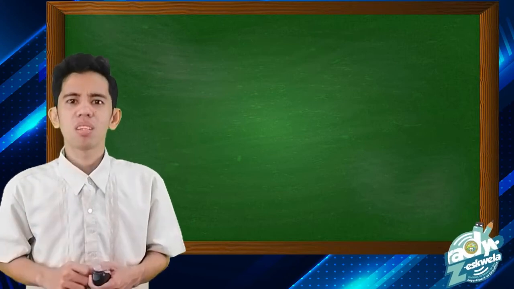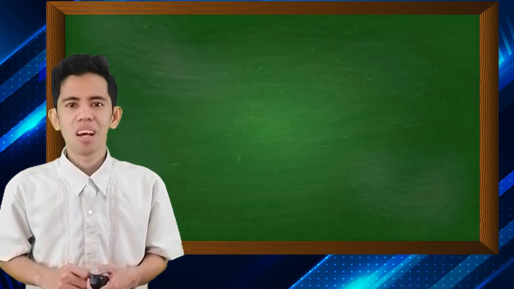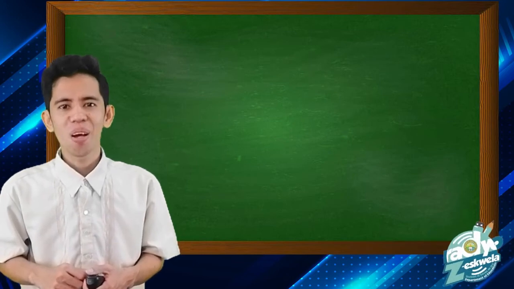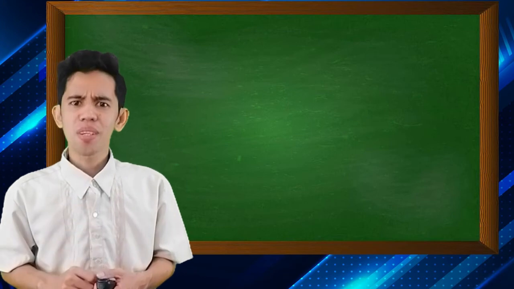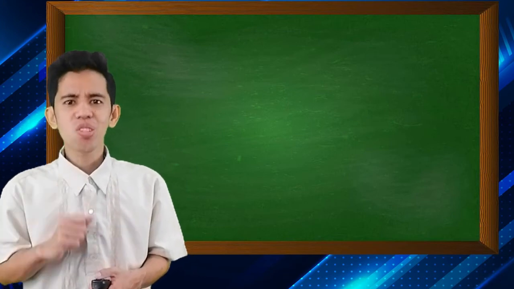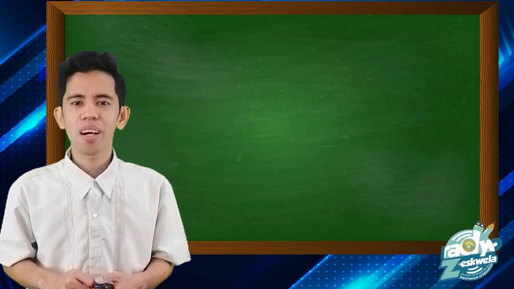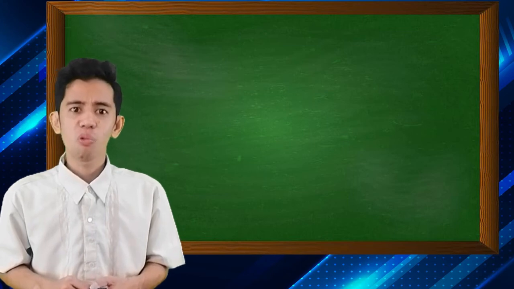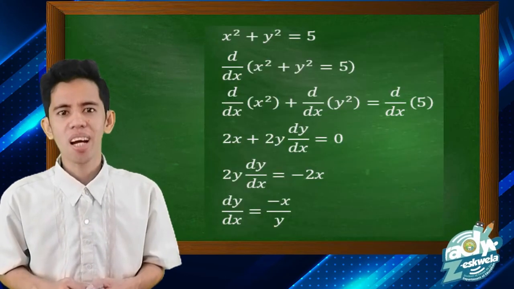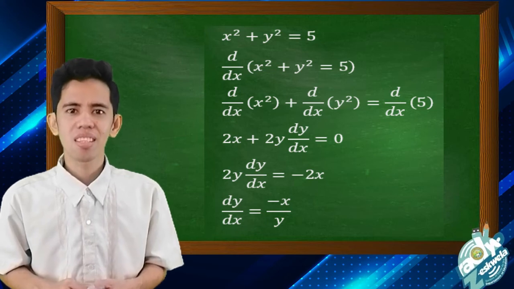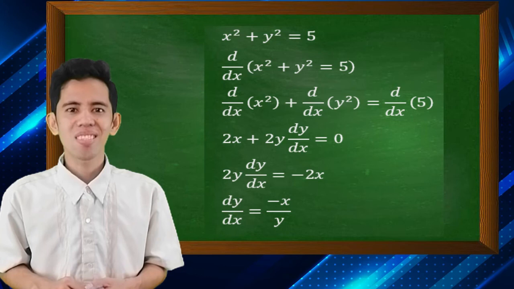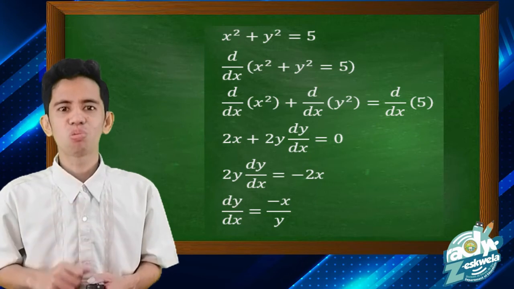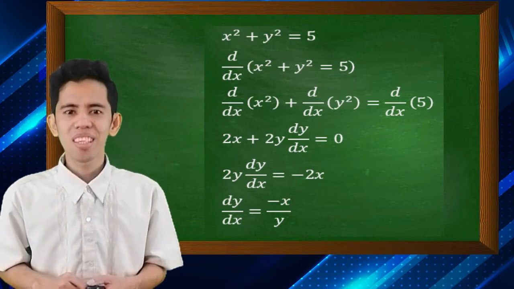A familiar example of this equation is x squared plus y squared is equal to 5, or a circle function. To solve implicitly for this example, just multiply both sides by d over dx. Since we need to solve for the derivative of y with respect to x, so we have d over dx times x squared plus d over dx times y squared is equal to d over dx times